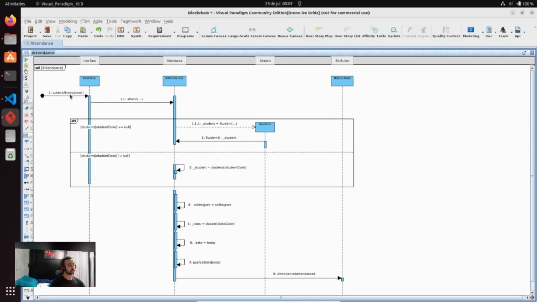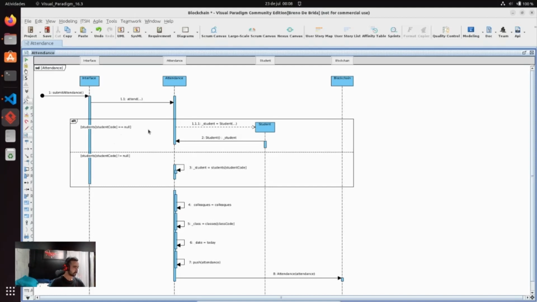The submit attendance function call comes from the front end to the interface, and then it calls a method called attend from the attendance,